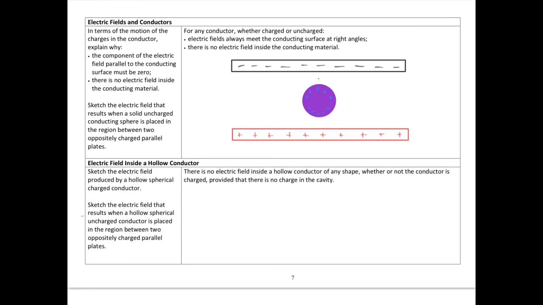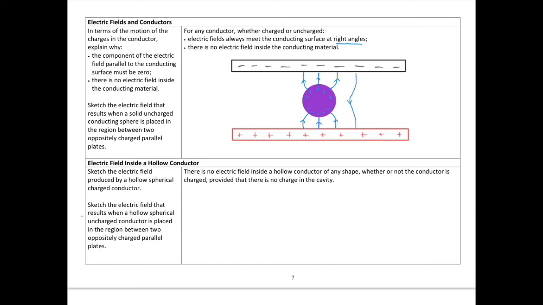So if we were just at this point here, positive test charge, repelled by the positive there, pulled towards the negative. Here, positive test charge, repelled by the positive towards the negative. For out here, repelled by the positive and then pulled towards the negative. Remember, as it says at the top, field lines always meet the surface, either of the plate or the sphere, at right angles, at 90 degrees. So we get this sort of thing going on,